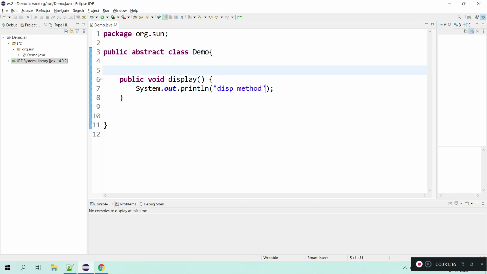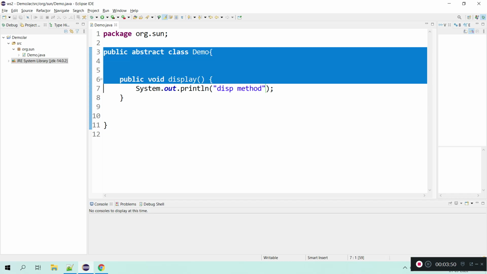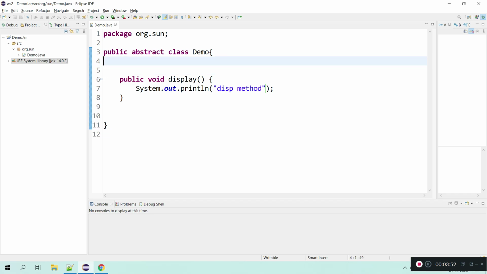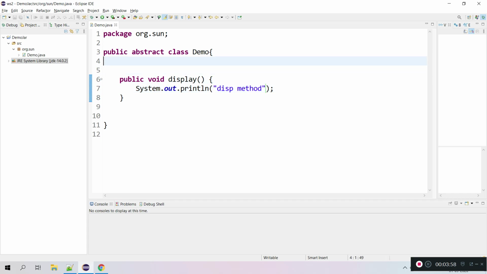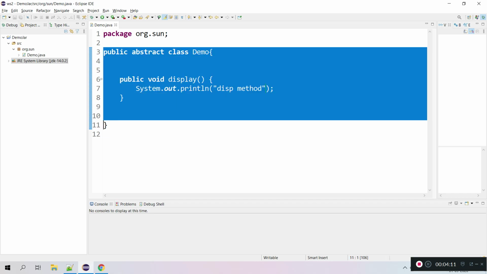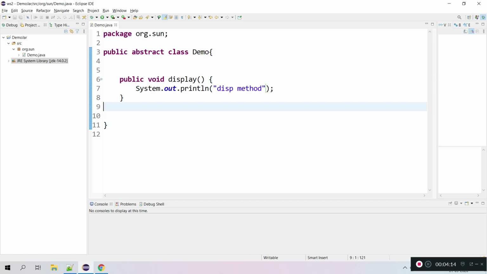So I hope you understood the concept of abstract. If a method is not implemented, then we should declare that class as abstract. And in some cases we think this should not be a public class, it should be extended by somebody who can then create the object. People should not create an object of my class directly. In that case you can create an abstract class by giving the abstract keyword, and we cannot create an object of that class.